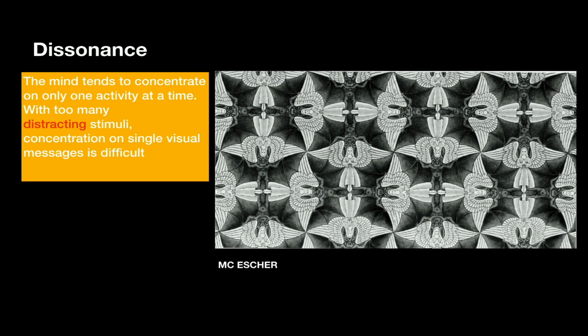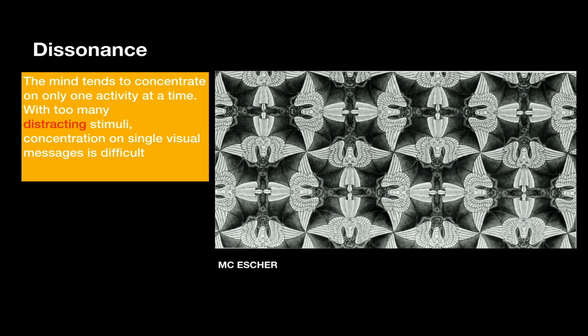This is an M.C. Escher, famous artist and illustrator, and I love his work. This is a great example: at first you'll see the angels popping out, but then you look closer and you'll see the winged devil creature. It's not apparent right away, or maybe you go the other way. Maybe you're seeing the winged devil creature before you're seeing the angel. It just depends on the way you look at it.